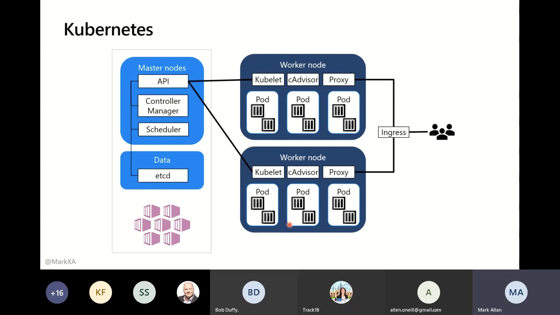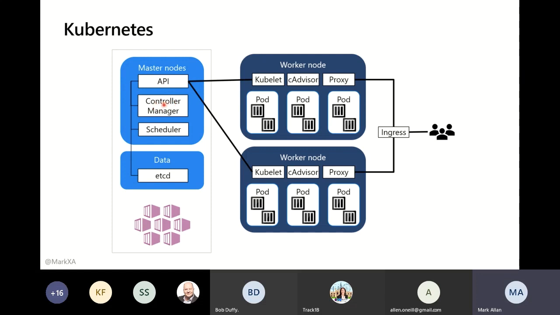Essentially, Kubernetes is a defined state system. So at the end of the day, in the Kubernetes database, which happens to be etcd, you're storing your desired state of what containers you want to run, how many of them you want to run, what sort of requirements they have, how much memory they need, will they need a GPU, all that sort of thing. You set that up through the Kubernetes API.